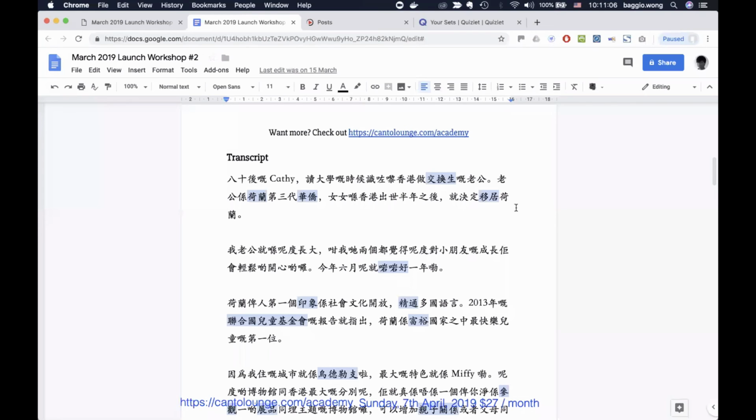So last but not least, I want to go through some of the more commonly asked questions, because I've been getting some from readers and it might be cool to address them. So the most common question I got over the past 2-3 weeks was, is my level of Cantonese enough to use these materials?